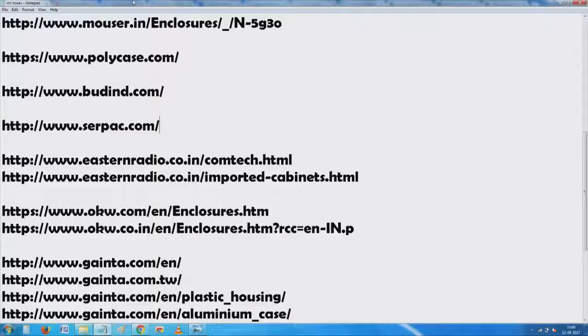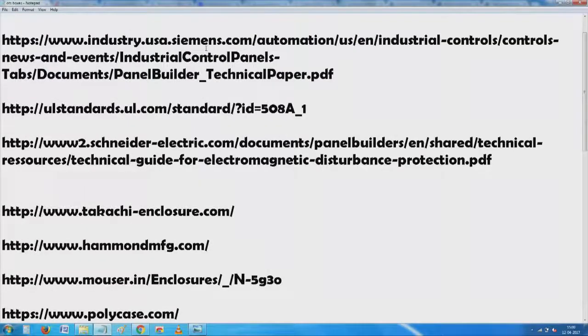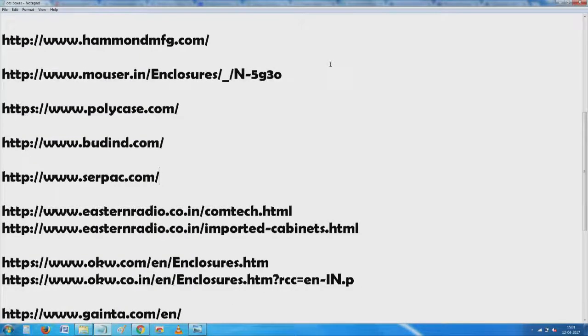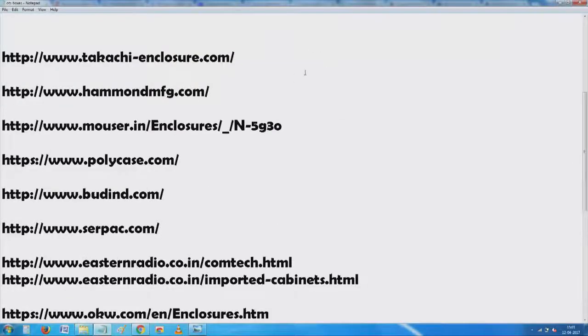If you see that list, you will see these all follow several of these standards which have been designed by various panel builders. What started as a simple panel building exercise, where you need to have compatibility and alternate sourcing, eventually has become a huge business by itself. Okay. So, I will probably start here with this